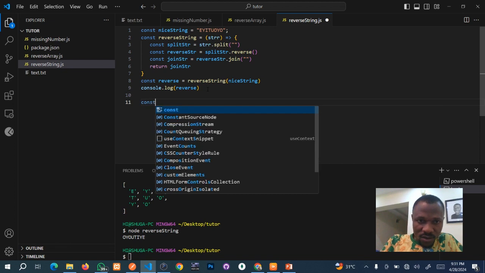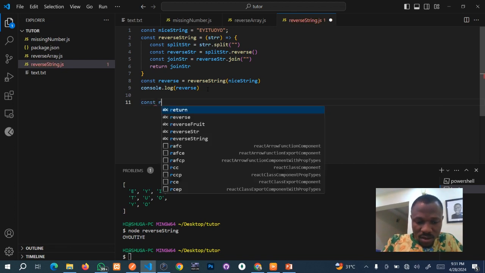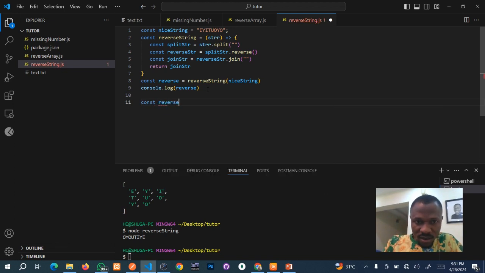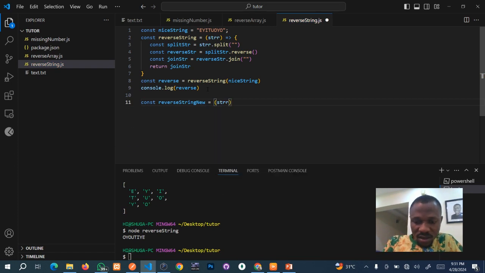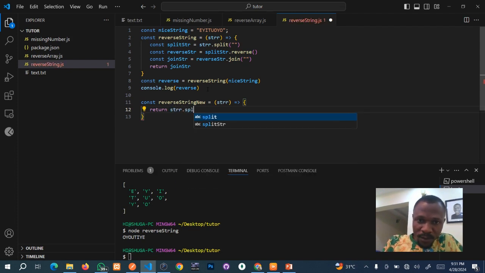We have const reverseStringNew equals to taking in the same string. Now we return. What are we going to return? The string dot split